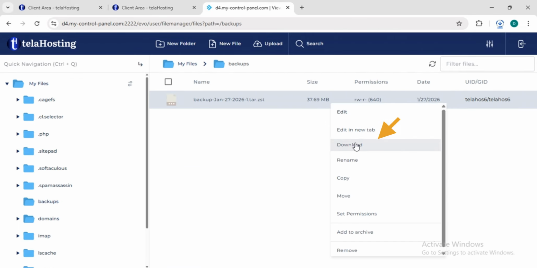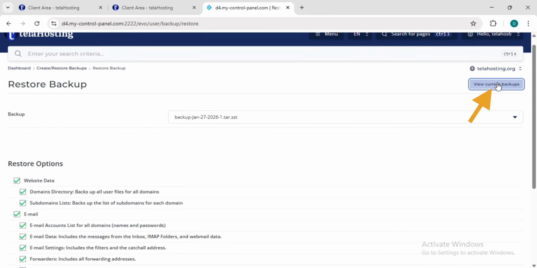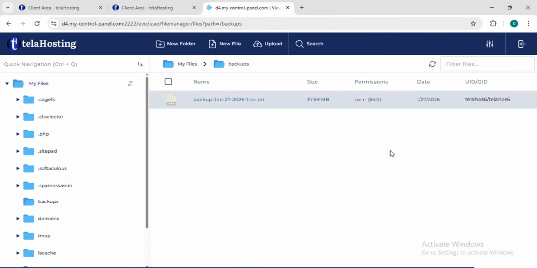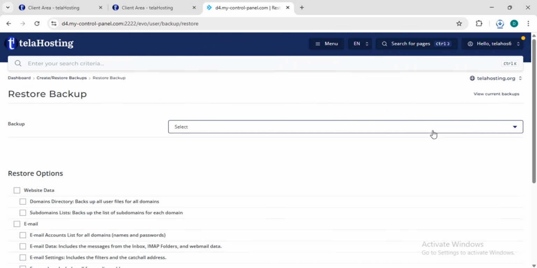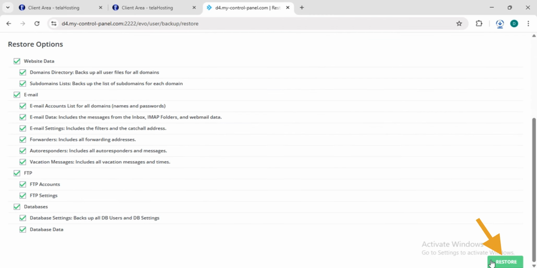You can also download it for safekeeping, or on the Create and Restore Backup page, you can click on Restore. Once the Restore page loads, click on View Current Backups and you'll be taken to the backup folder in the File Manager. There you can download and save to your computer. You can also click on this and choose the backup you want, then click Restore if you want to recover